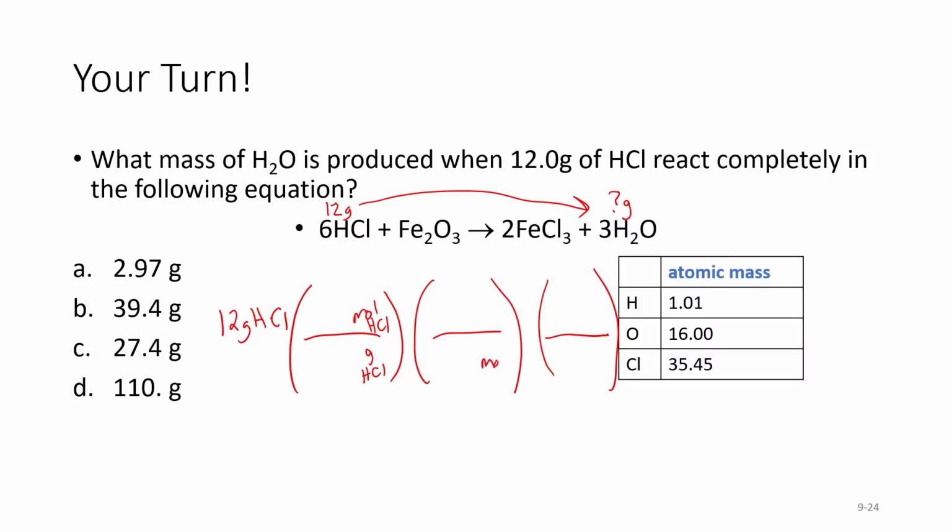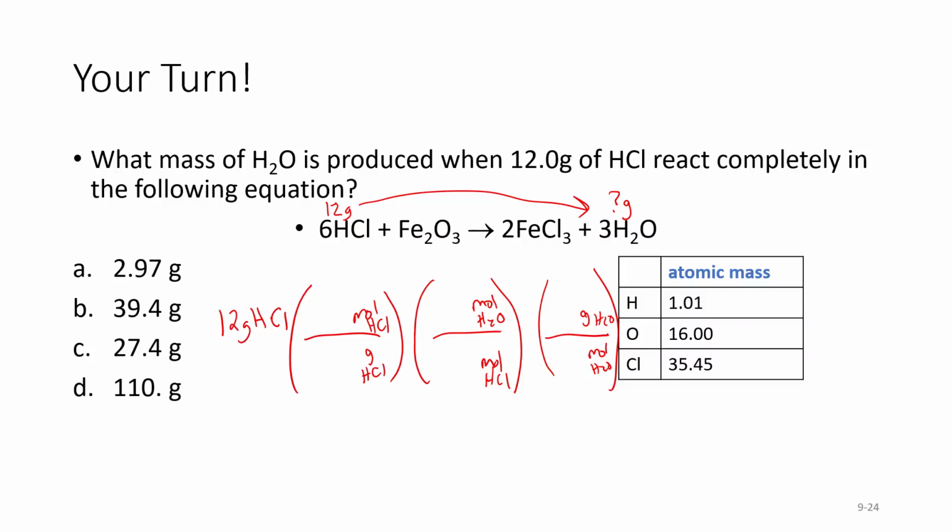Now we can do our moles of one substance, HCl, to moles of our new substance, H2O. And they want the mass of H2O, so we have to go moles of H2O to grams of H2O. Remember, anything we put on the top has to go on the bottom. What we're converting to goes on the top. So I like to fill in all my units in a zigzag pattern first, and then I fill in the